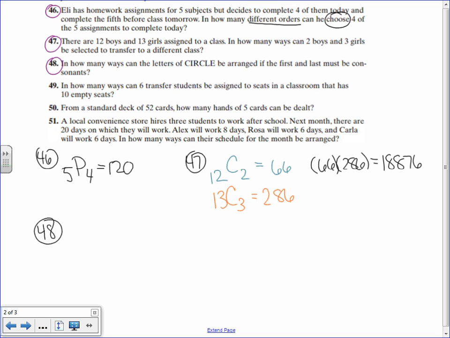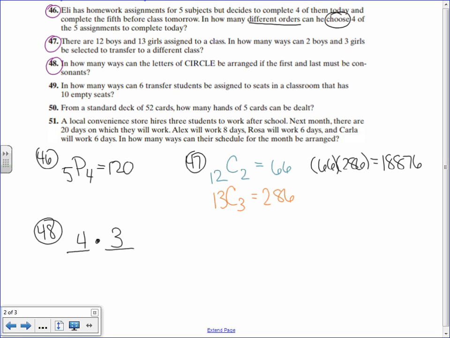And last but not least for this, we have number 48. In how many different ways can the letters of the word circle be arranged if the first and last letter must be consonants? So not A, E, I, O, and U. All right? So out of the word circle, for my first place, if I need a consonant, I have 1, 2, 3, 4 options. Okay, and then whatever my last letter is going to be, it also has to be a consonant. Well, if I used a consonant for the first one and I had 4, that means I only have 3 options left